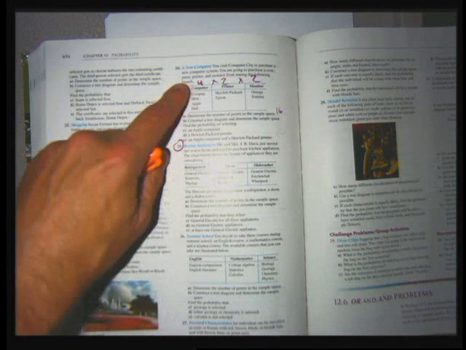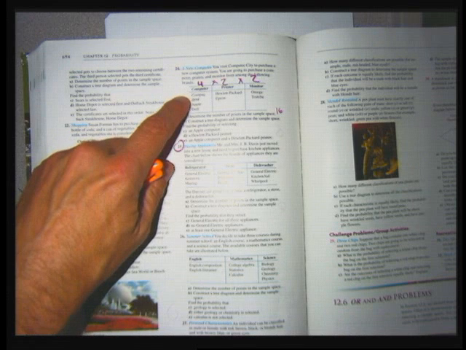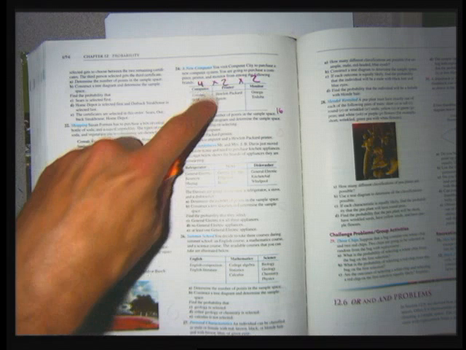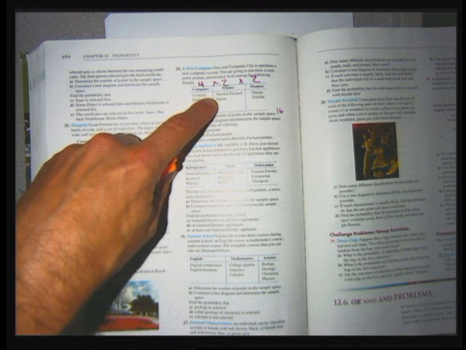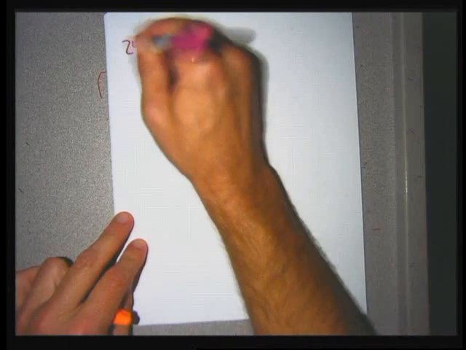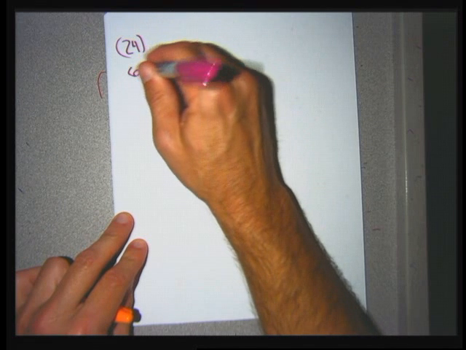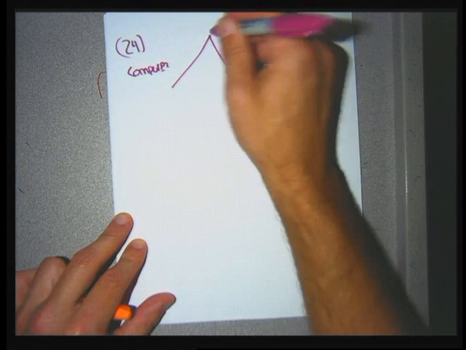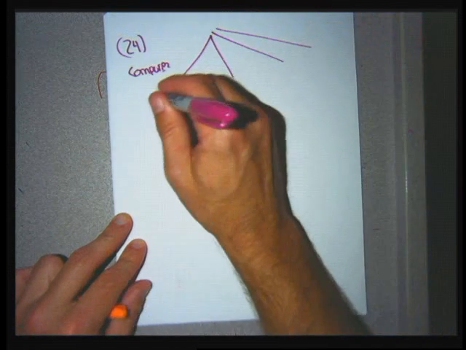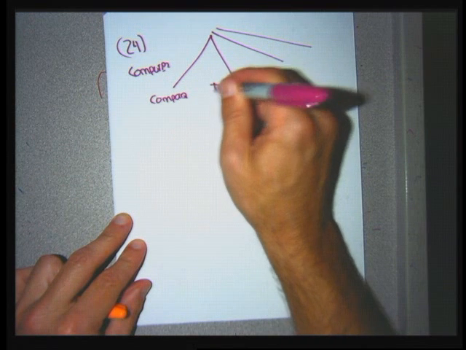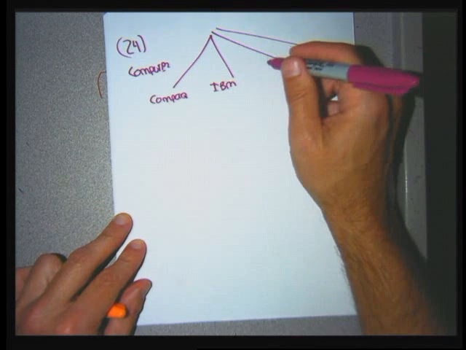My first thing I'm going to do is pick a computer. I can pick a Compaq, an IBM, an Apple, or a Dell. And then under each, I'm going to make 2 lines for the printer. And then under the printer, I'm going to do 2 lines for the monitor. So let me show you how I do this sample space for number 24. So for 24, I'm picking a computer, and I can get a Compaq, an IBM, I don't know if they make computers anymore either, an Apple,